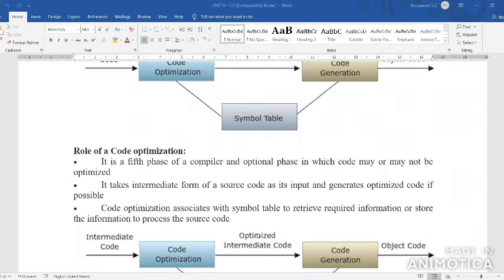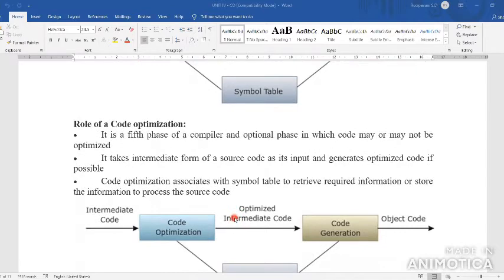Why is it associated with the symbol table technique? To retrieve the required information, or to store the information to process the source code.